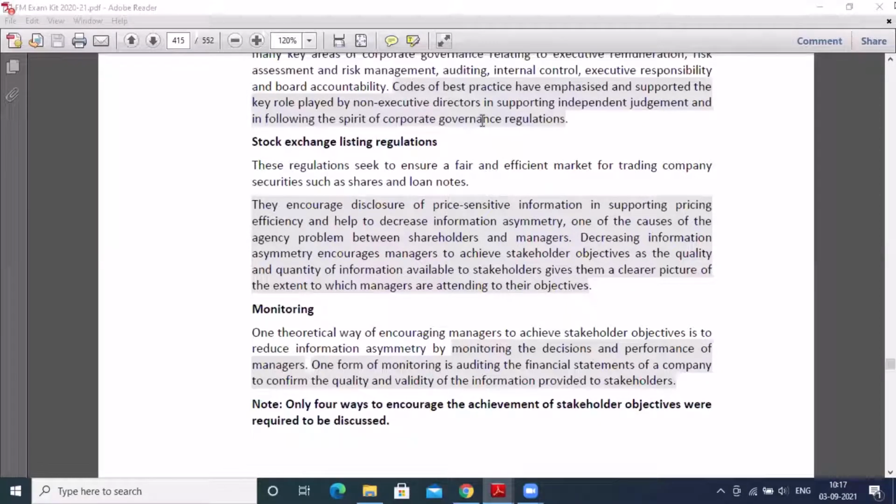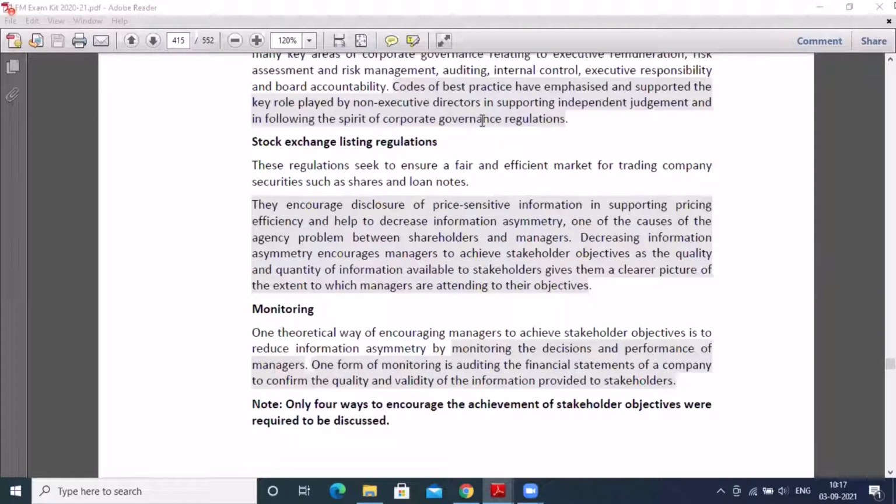Suppose, let me take a small example. The first thing is always that the company, in the listing requirements, needs to clearly disclose the earnings per share of the company every year. They should clearly disclose the market value of the company every year. They should clearly disclose the profits of the company every year. In addition to that, it should be audited by an independent professional person. So these are some listing requirements.